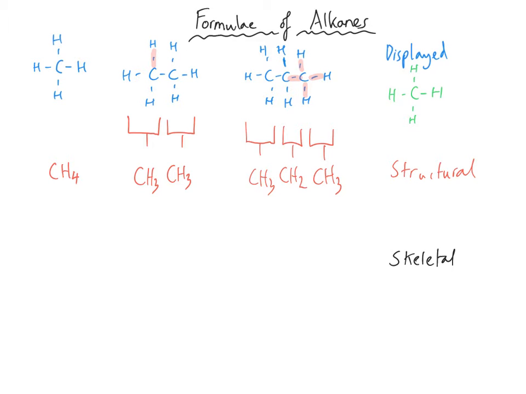And skeletal formula for methane is very weird. It's just a dot, and I think that's unlikely to come up in an A-level exam. Ethane is a line like that, and propane looks like this. Remember, at each of the vertices on here, we've got a carbon atom like that. If you want to have a full recap of formulae, then I've done a separate video about formulae and about